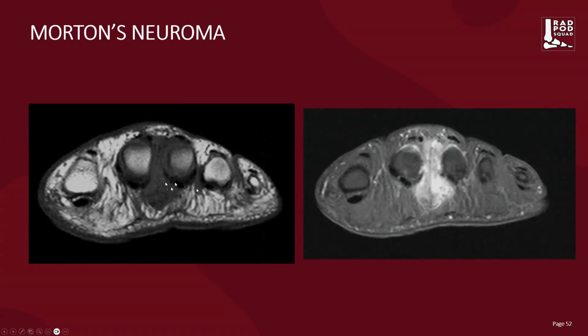And we can differentiate that from a pseudoneuroma, which is felt to be eccentric perineural fibrosis closer to a plantar plate capsule. It's important to differentiate between neuromas, which are central, and eccentric pseudoneuromas because the treatment for plantar plate tears is very different from the treatment of Morton's neuroma, and we can improve patient outcomes with early, accurate diagnosis. So once again, if the enlargement of the perineural fibrosis is midline, that will be termed Morton's neuroma. If it's eccentric, it's more likely to be related to plantar capsulitis and plantar plate tears, and we'll call that